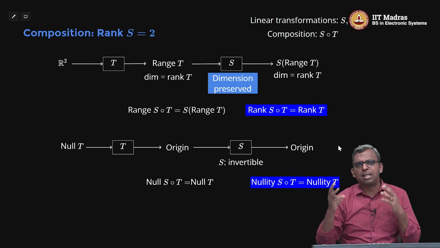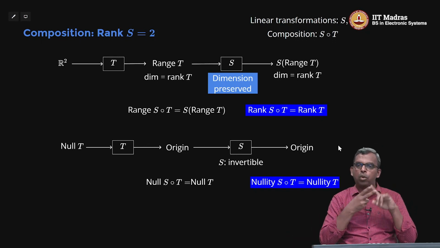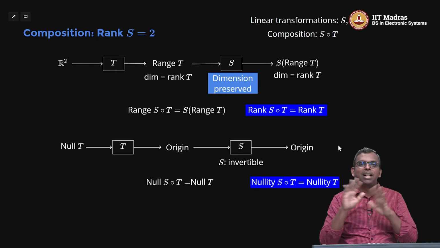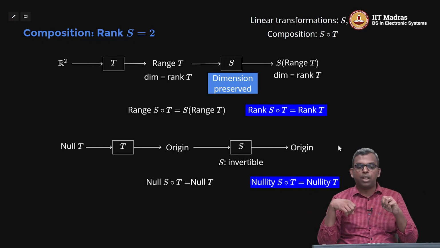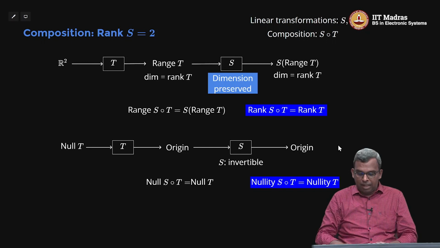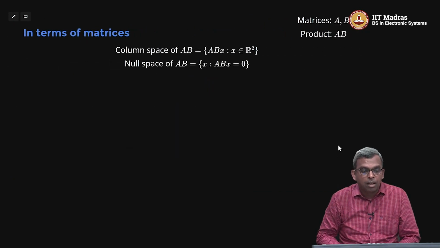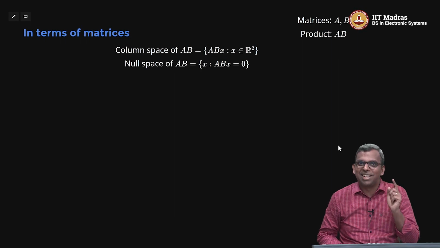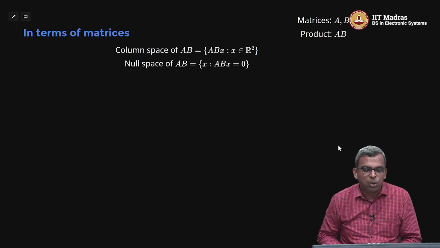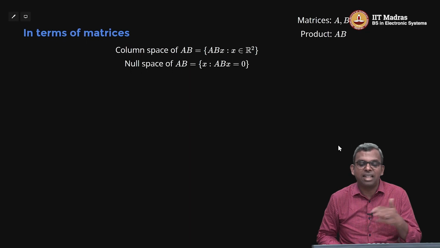Okay. So we have considered 3 cases so far. S and T being full rank is very easy. One of them being full rank is also reasonably easy. The other one completely controls the rank and nullity of the composition. Okay. So the real interesting case is the next one. But before we go to it, let me conclude this part with restating these results in terms